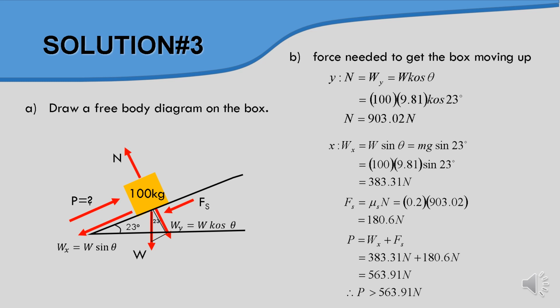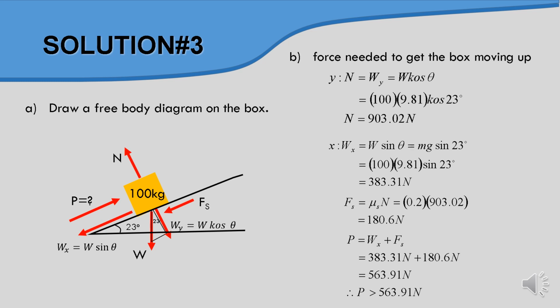So basically the P value we need to give is the combination of the static friction and Wx. Okay, so we have the arrows here, two arrow values, so we need to add these two, 383 and 180, so we will get the value of 563.91. This is the value of P needed to produce motion, or higher. So P is supposed to be higher than the value of